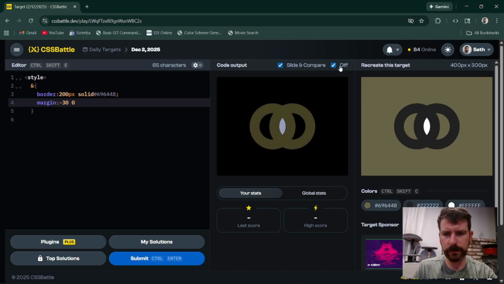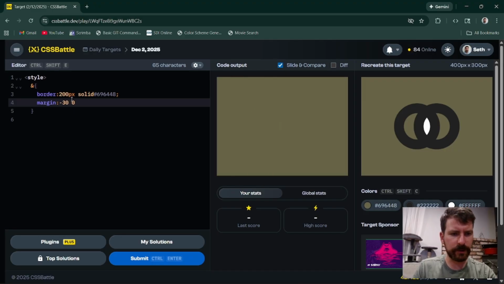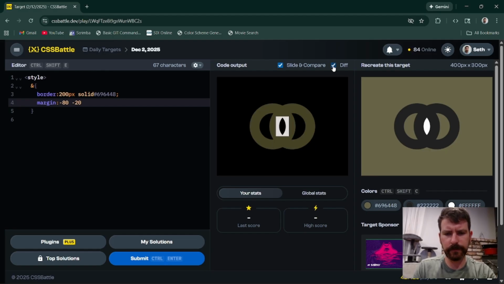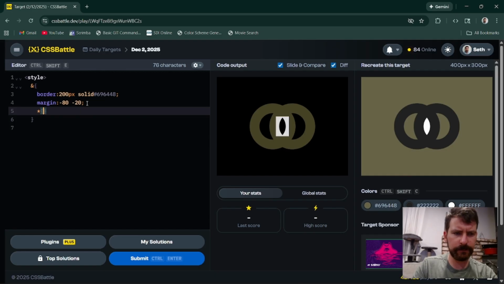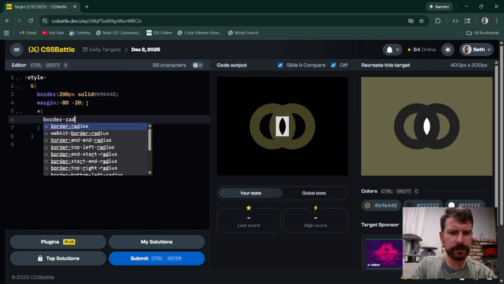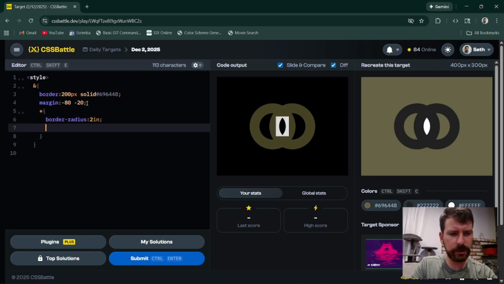I'm just doing round numbers right now, and I'll do the margin to 30. Let's go 20, 10, 20, something like that. And then this 50, 80. There we go. There, that's perfect. Okay, so now if we had on the body, we have a border radius, say 2-inch, and